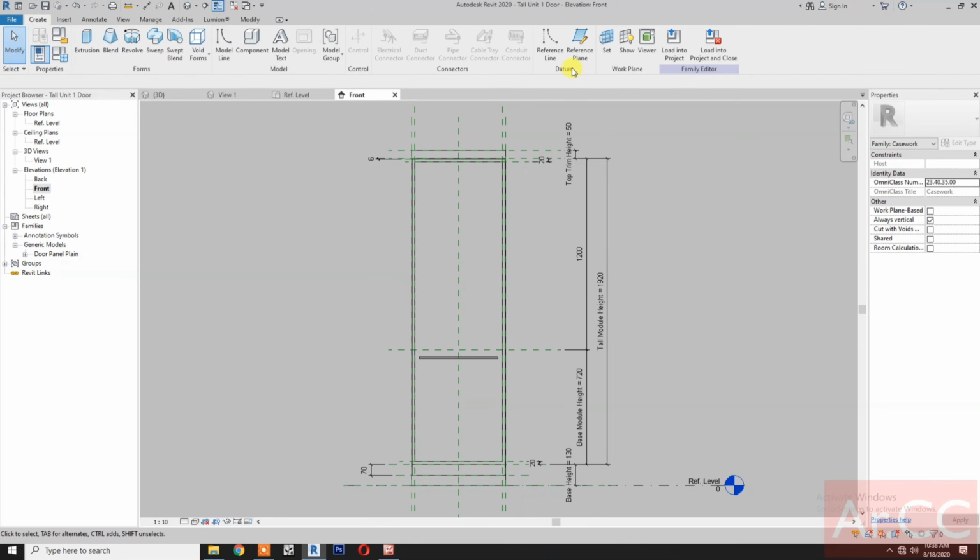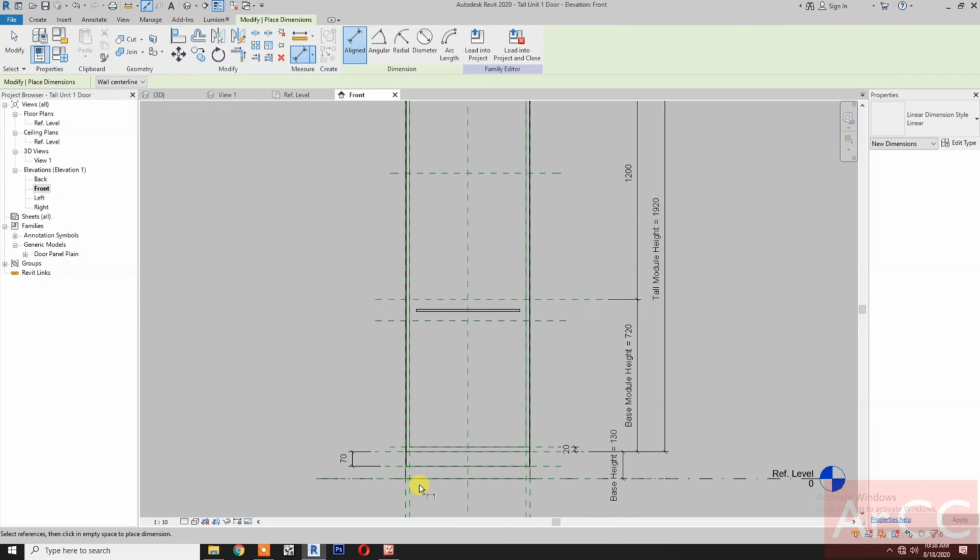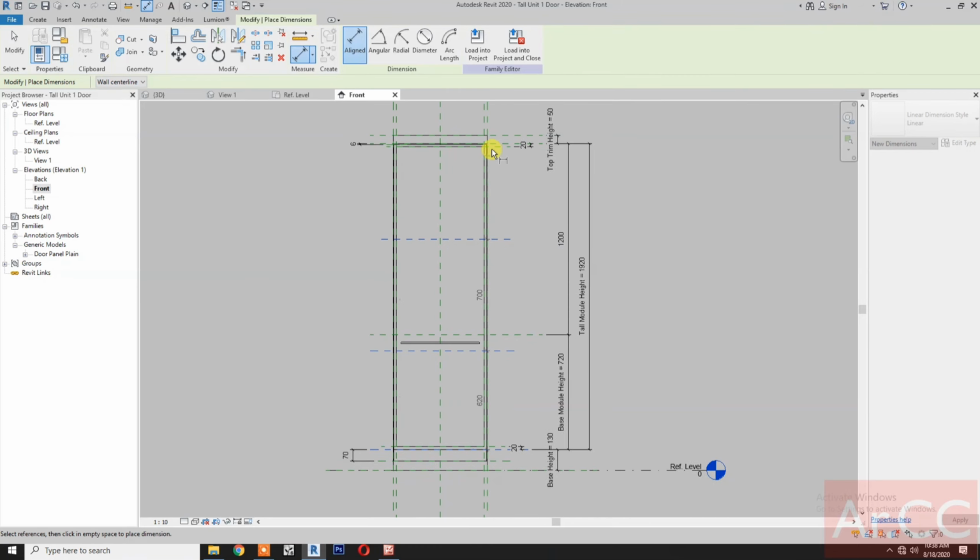Okay, next create reference plane. Let's draw two reference planes for our two shelves. Okay, dimension, select this reference plane, this reference plane, this reference plane, and this reference plane. Okay, make it equal,